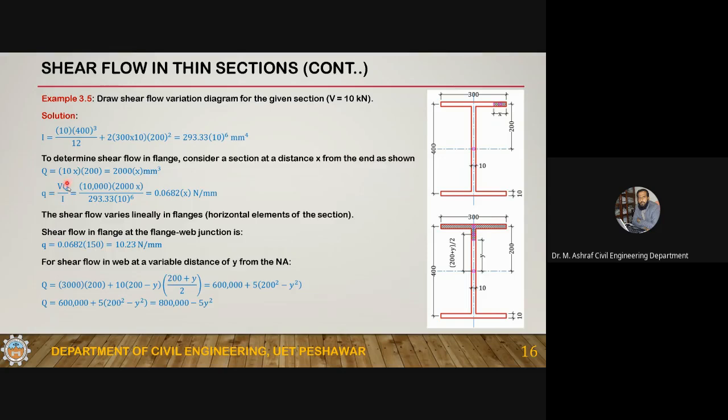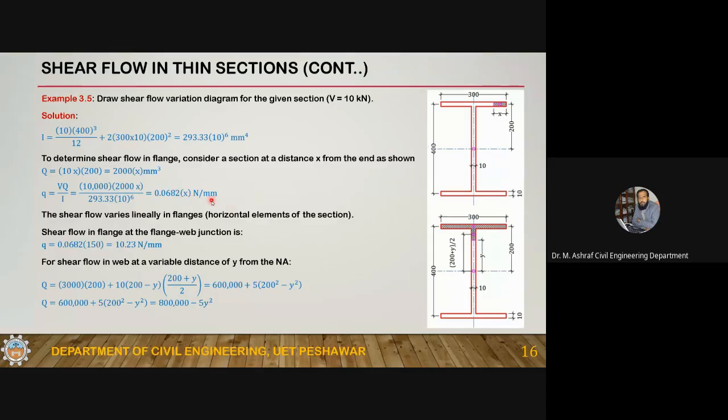Now the shear flow is VQ by I. V is 10 kilonewton, and 10,000 multiplied by this divided by this. So this is 0.0682 x Newton per millimeter. So this is the shear flow in flanges. Okay, so one thing